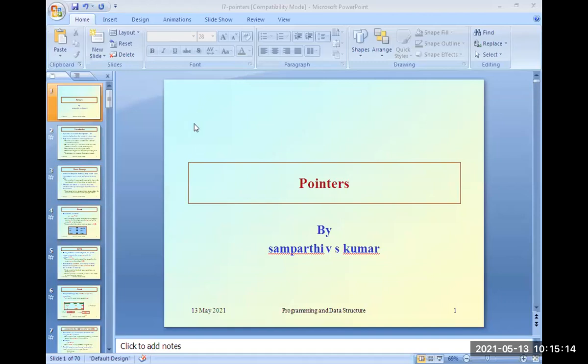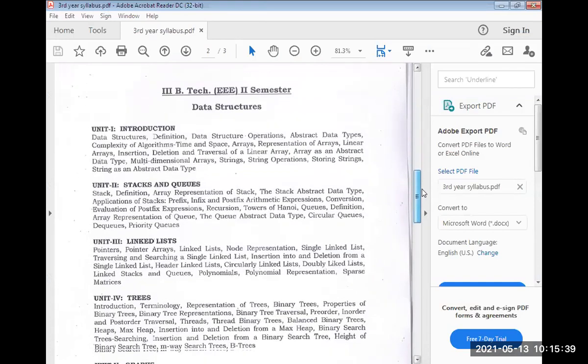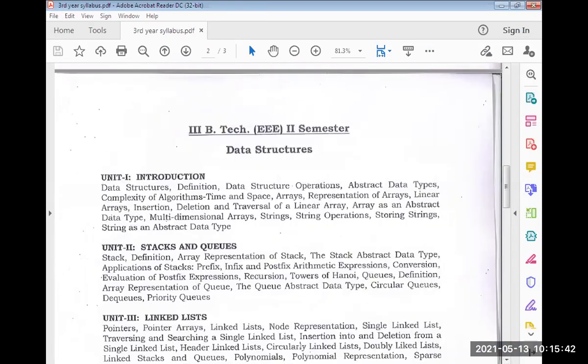Let's see the syllabus once. So I discussed stack, array representation of stack, stack as ADT, applications of stack, that is conversions and evaluations also.